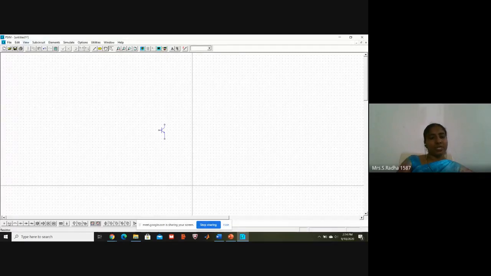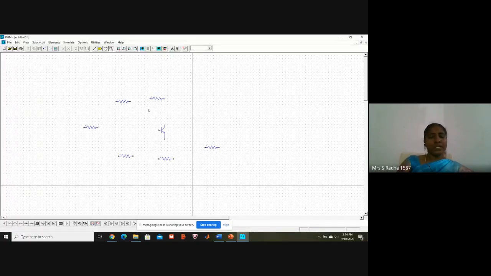To show you, here another option is there, just click on the resistor. The resistor comes along with the cursor. So I want RS1 resistor, RB1 resistor, RB2 resistor, and then RC resistor, RE resistor, and then RL resistor. This many resistors I want. Still the symbol is there with the cursor. Press Escape, so it will go away.